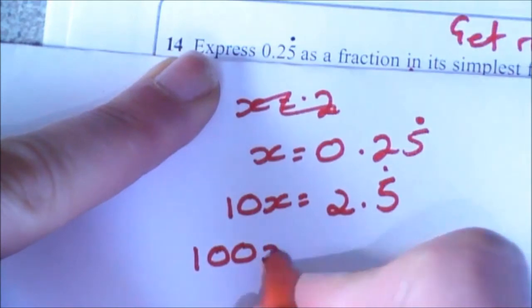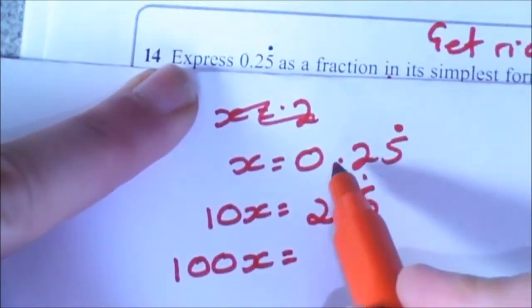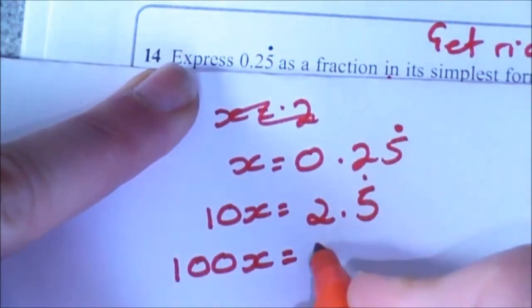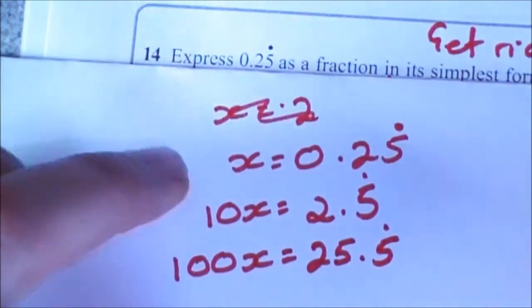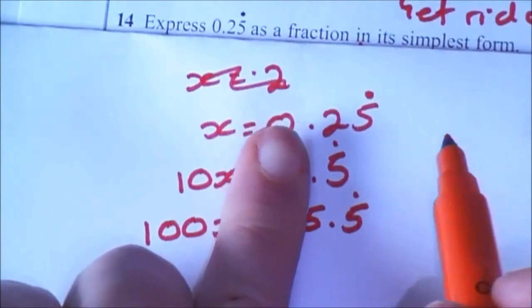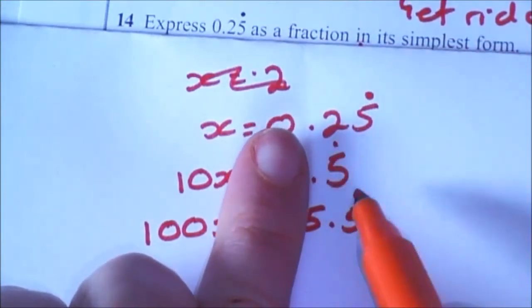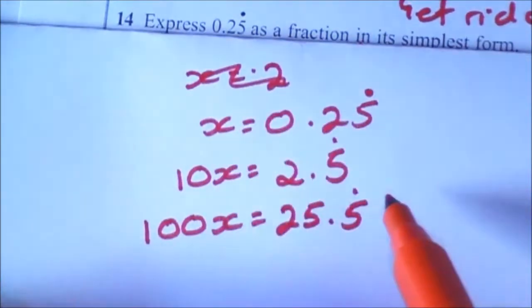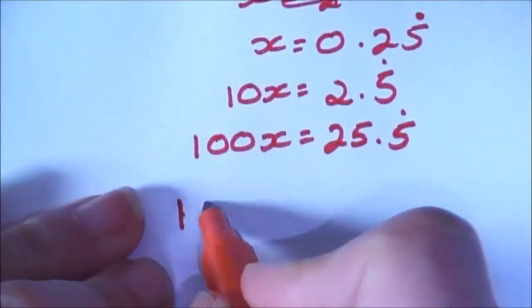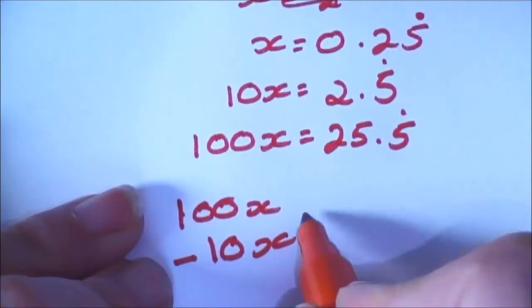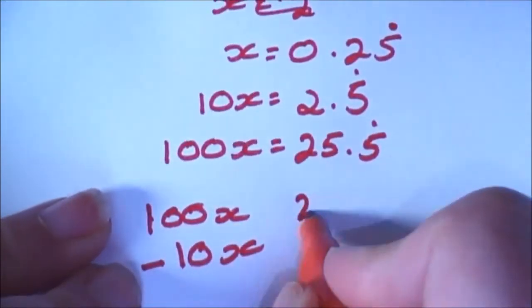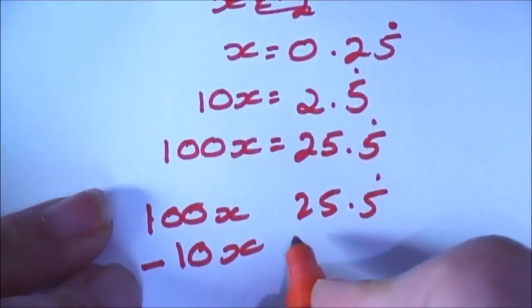So let's go up one more. Let's see what 100x would be. So 100x would be 25.5 recurring. Now I can see I've ended up with the 5 recurring after the decimal point in both of these numbers. So if I do 100x, take away that 10x,